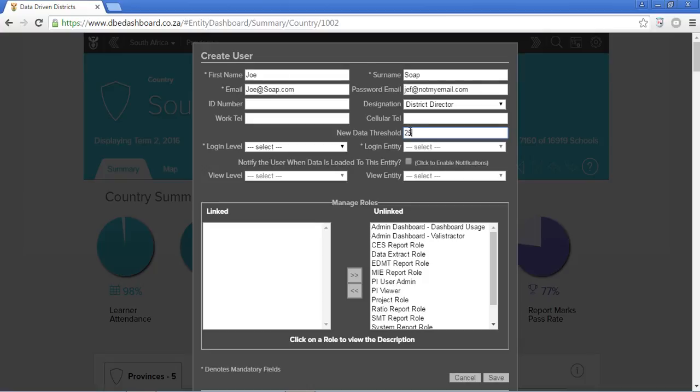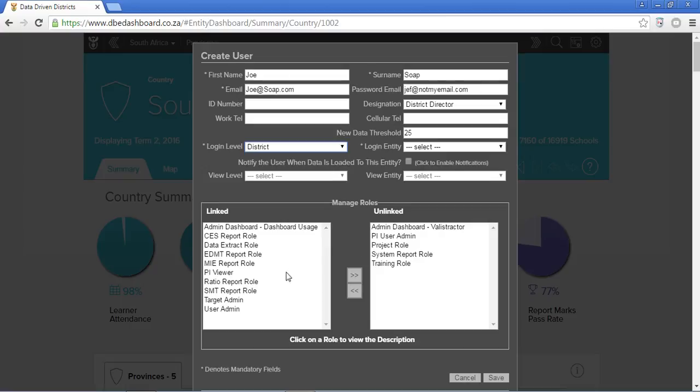If you put in 25, they will only land on the latest term if at least 25% of the data is available for that term. Otherwise they will land on the previous term. You then need to choose the login level for that user, and it's a district director, so we will choose district. That makes sense, and you will see all of a sudden the roles assigned to a district director automatically